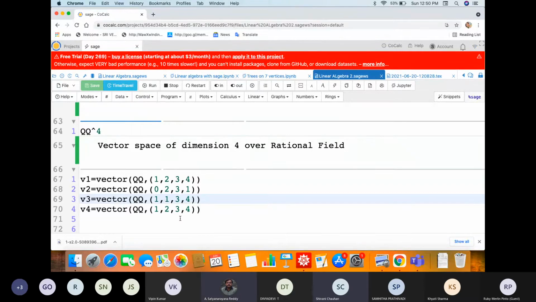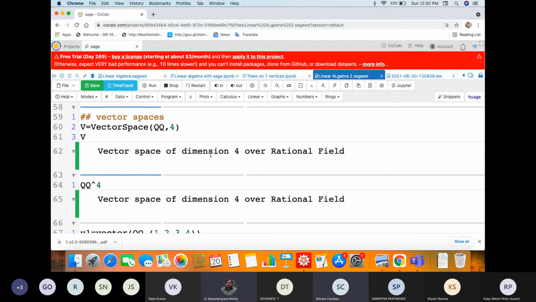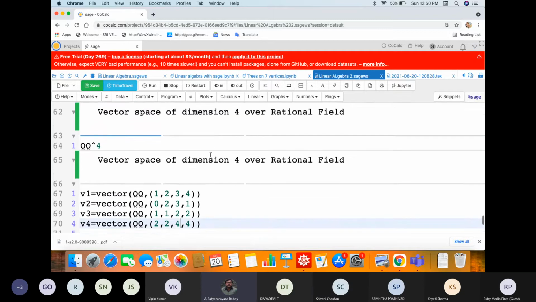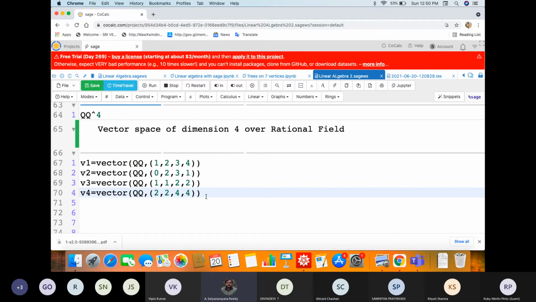But now, that vector space with dimension 4, what is it actually? Is it a random vector space or is it Q power 4, right? It is 4-tuples, that is the entire space, right? So now V1, for example, V1 belongs to that V, it will give true.